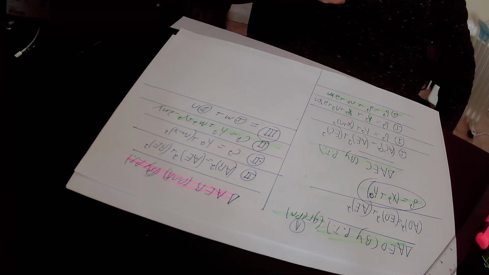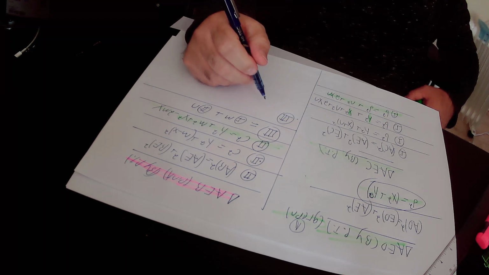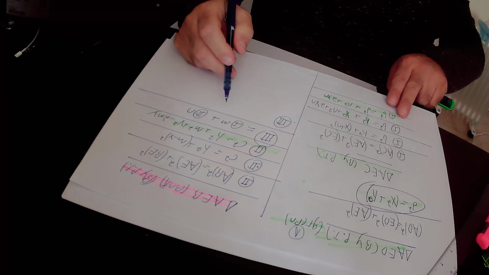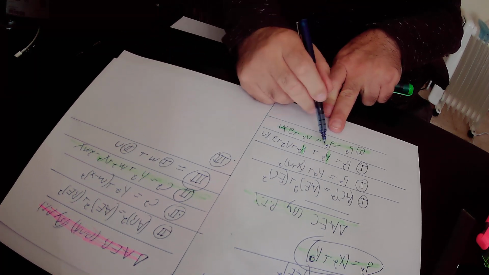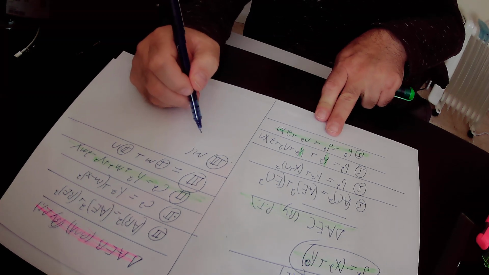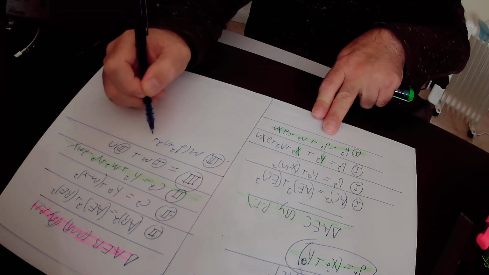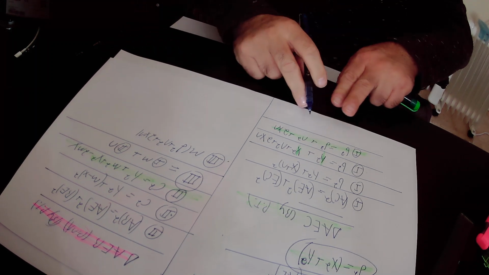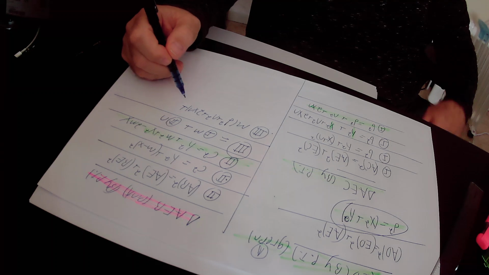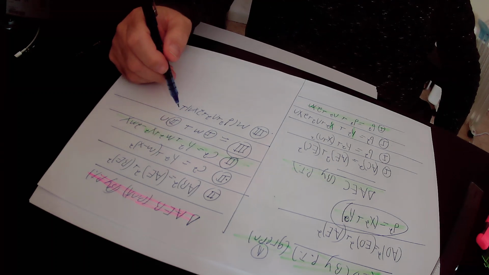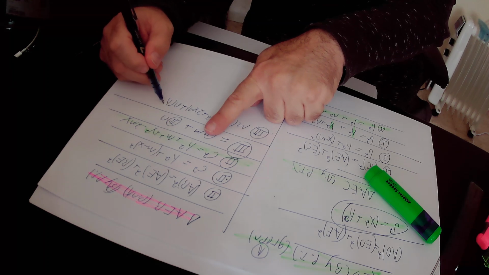Okay, so first of all, according to equation number 3, we will multiply the right side of equation number 1 by M, so it is M times (D squared plus N squared plus 2XN). So we multiplied the right side of equation number 1 by M, and then we will multiply the right side of equation number 2 by N. In the right side of equation number 2, we have H squared plus